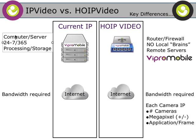But when we eliminate the components that are the same, we have the key differences and strengths of HOIP video. With current IP systems, there's a computer or server on location running 24 hours a day, 365, which is doing all the processing and storage. With HOIP video, instead, there are routers and firewalls. There really is no local brains per location, and all the servers are remote at ViproMobile,